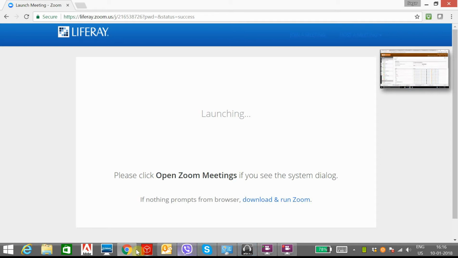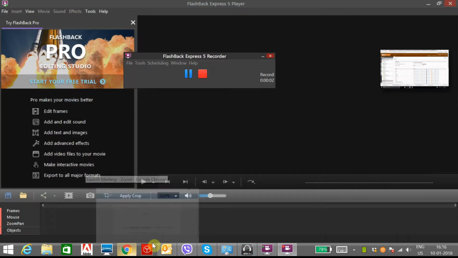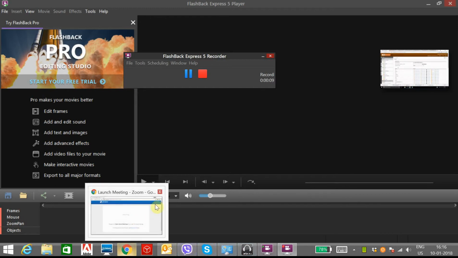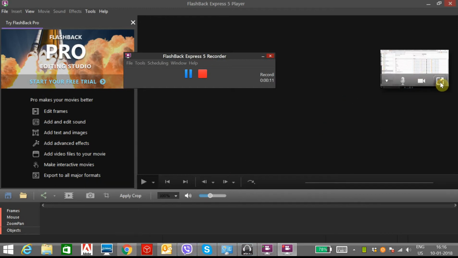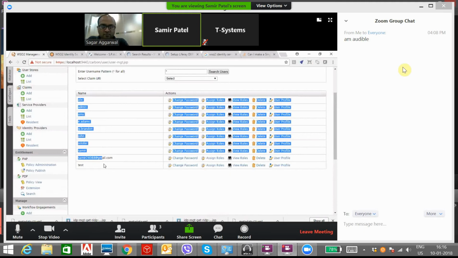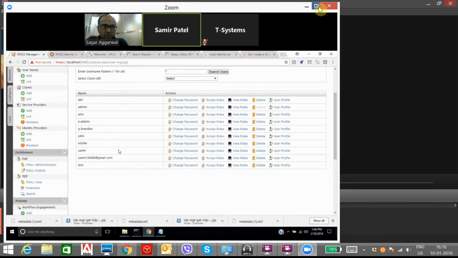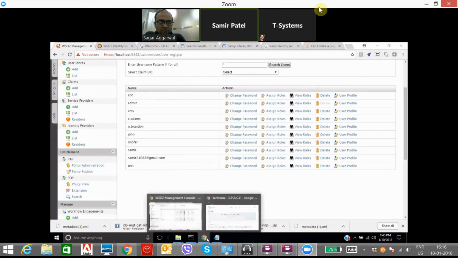You'll also see one more server, which is a WSO2 SSO server, single sign-on server, in which I have configured the portal, plus I have created some sample users. You can see the list of users over here, like Test, Samir, John, right? So these are the users which will be authenticated onto the portal, and then it will redirect to their personal